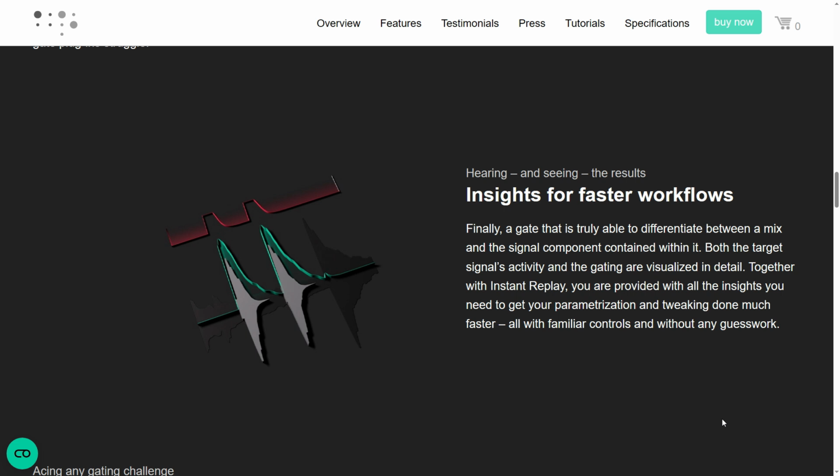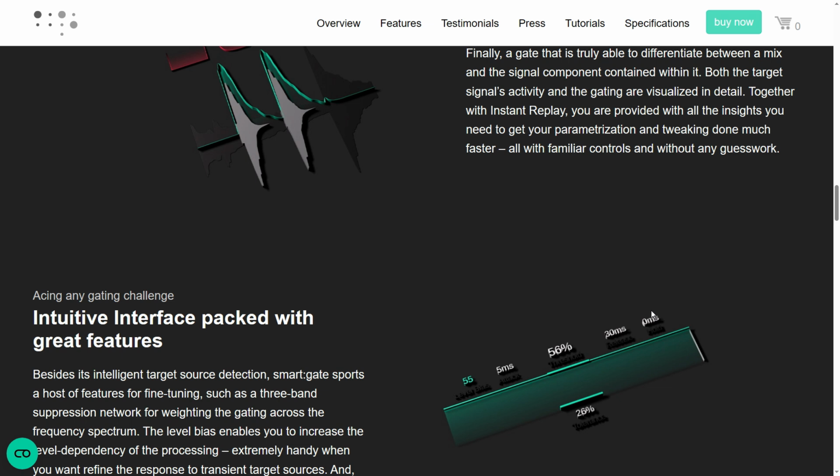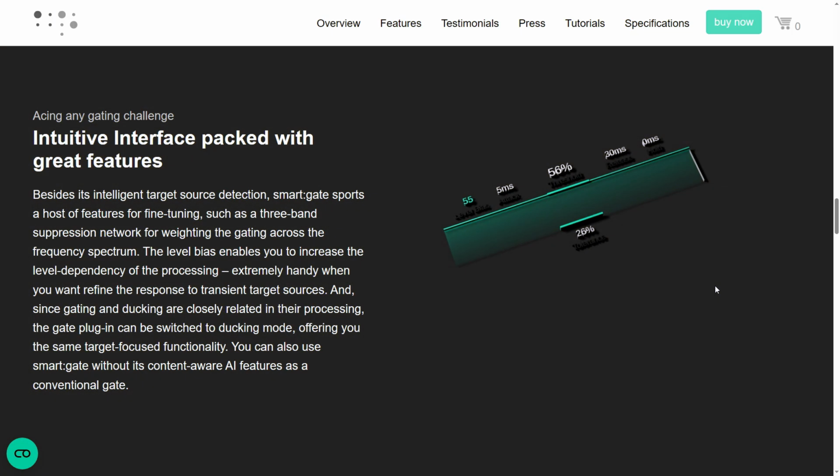Interesting. Both the target signal's activity and the gating are visualized in detail. Together with instant replay, you are provided with all the insights you need to get your parameterization and tweaking done much faster, all with familiar controls and without any guesswork. I really can't read that word. Parameterization. I don't know. Parameterization. There we go. Besides its intelligent target source detection, SmartGate sports a host of features for fine-tuning, such as